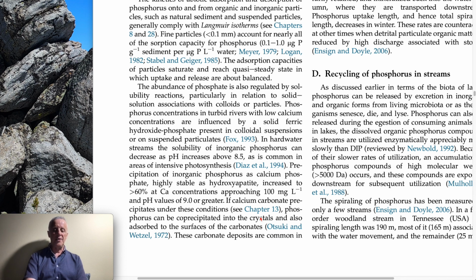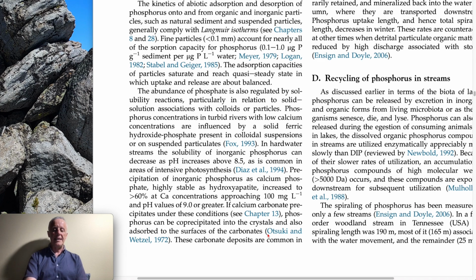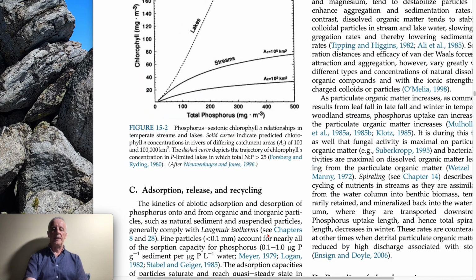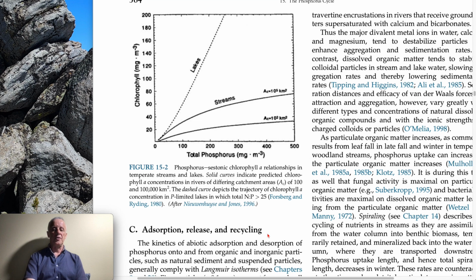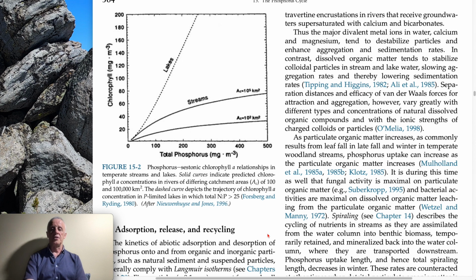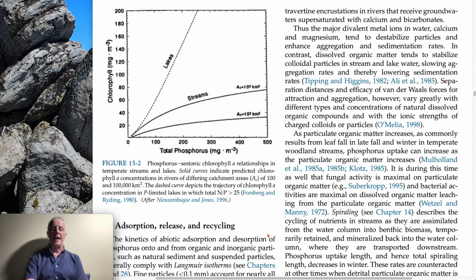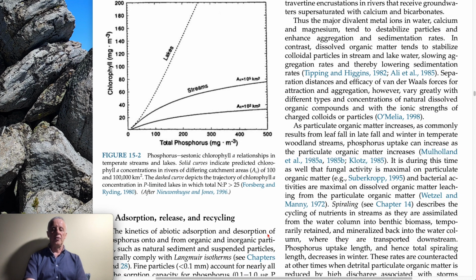If calcium carbonate precipitates under these conditions, phosphorus can be co-precipitated into the crystals and also adsorbed to the surfaces of the carbonates. These carbonate deposits are common in travertine incrustation in rivers that receive groundwaters supersaturated with calcium and bicarbonates. Thus, the major divalent metal ions in water, calcium and magnesium, tend to destabilize particles and enhance aggregation and sedimentation